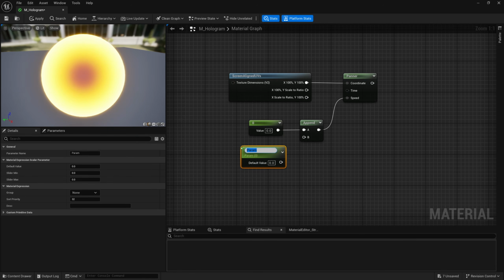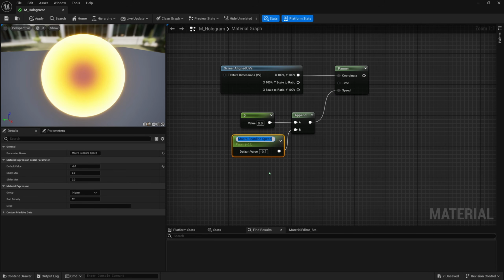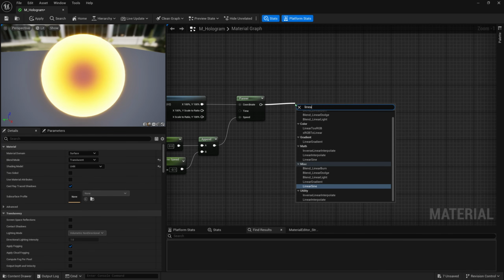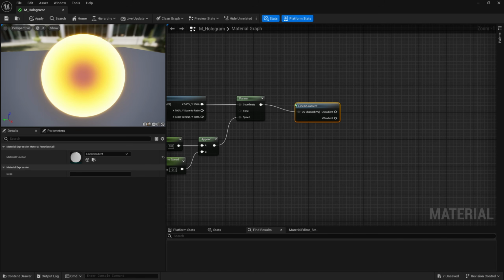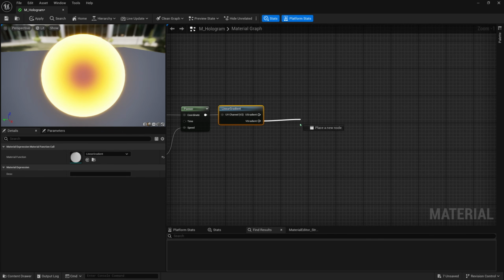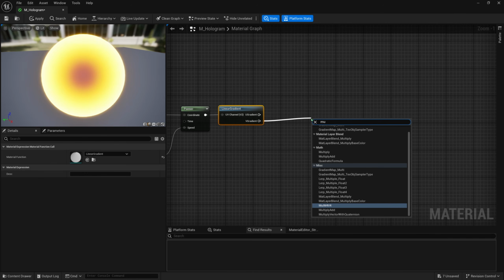So I'll get a parameter and I'll call it macro scanline speed. And by default, I want it to go downward, so I'll have it be negative 0.1, which should be pretty slow, but not too slow. And we'll plug that in like that. And then from here, off the panner, we'll search for a linear gradient, like this. And then we want the vertical gradient, so the V gradient, and we want to multiply